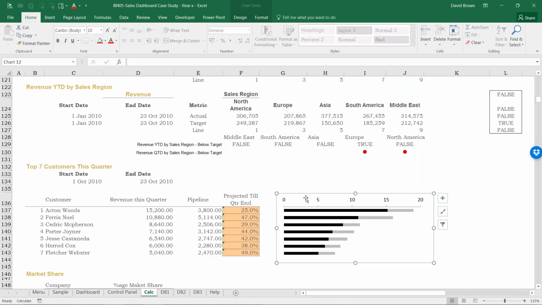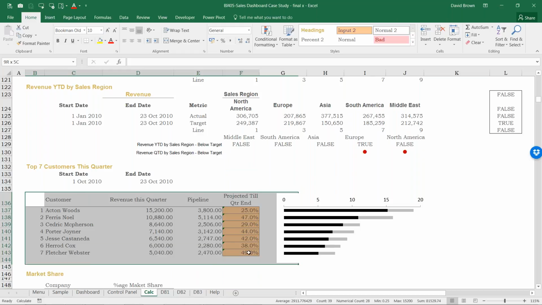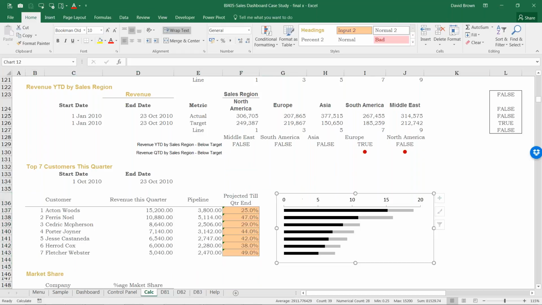You have to understand how Excel works. A chart is not Excel. Excel is cells. Excel works with cells. That's why I could highlight cells and take a picture of cells. When I click on this chart, if you look up here, you would notice that my camera tool has been deactivated. If I click inside Excel, my camera tool at the top left is activated. But when I click on the chart, it is deactivated.